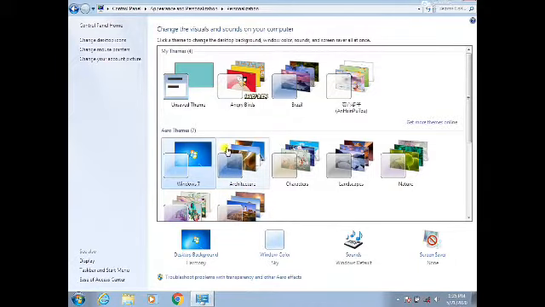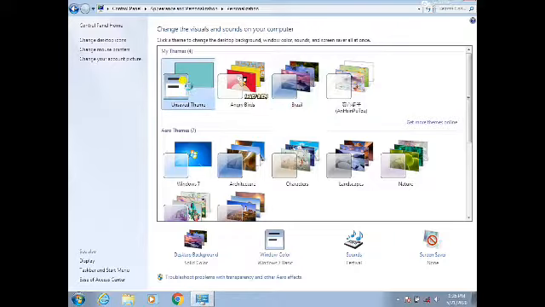Suppose I am going to change the theme here. Suppose Angry Bird. Whichever type of theme you want to set for your computer, just click here.